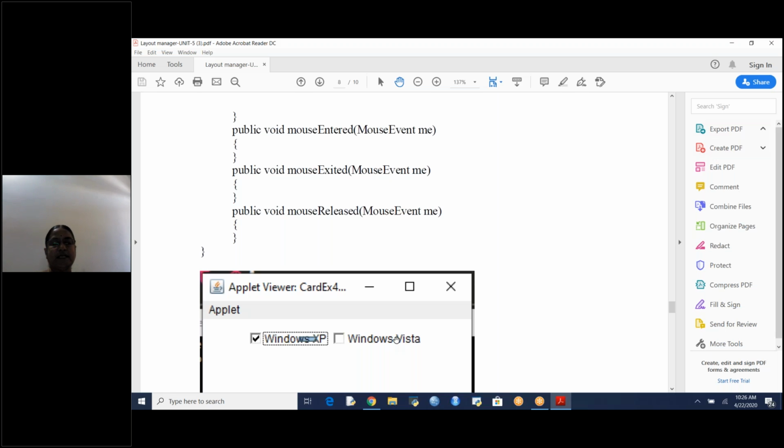Like that, again when you click, on that again mouse pressed, again this will be displayed, because here I have taken only two cards. Default is the first panel. Next means it will show you the next panel, that is Solaris and Vista. Like that we can add any number of cards to the main panel. That is the program. Next class I will write one more program on card layout, because card layout is very important. So with this